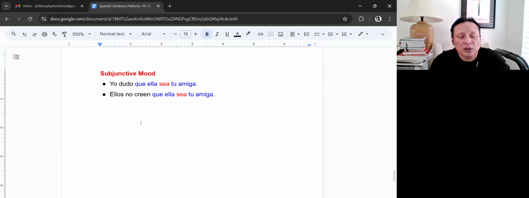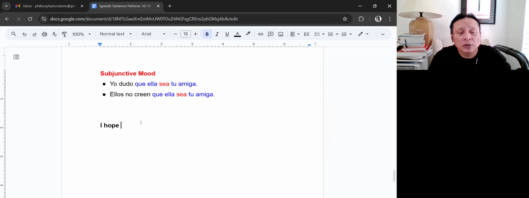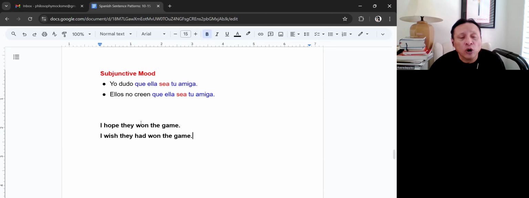So, for example, I hope they won the game. I wish they had won the game. Notice that "I hope" does not trigger the subjunctive in English, so we use a simple past tense. The simple past tense to refer to something in the past. But the wish does trigger the subjunctive mood. So that's why you have to say "had won", even though you're still talking about the past time, but you